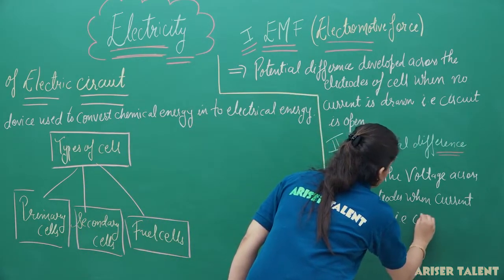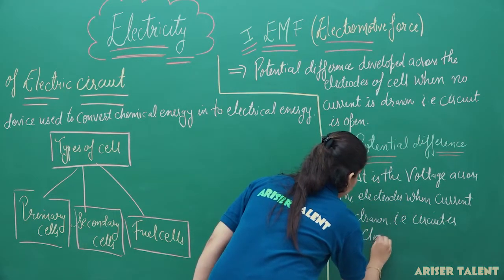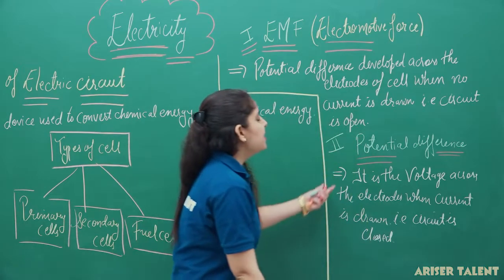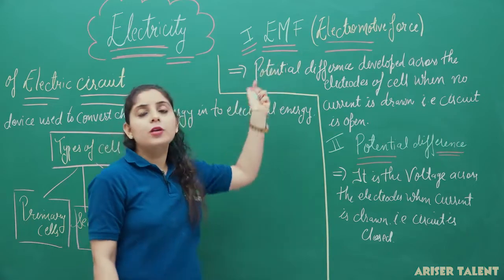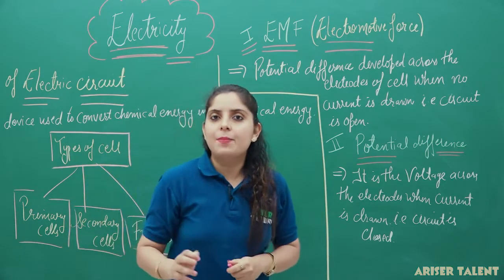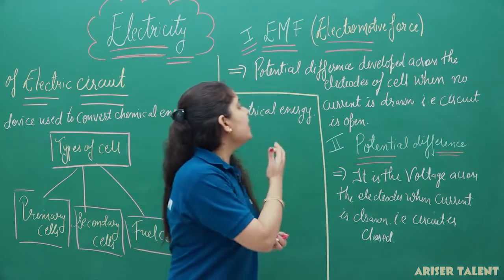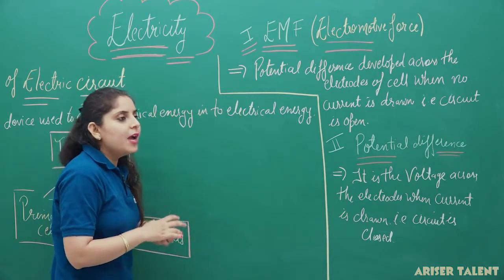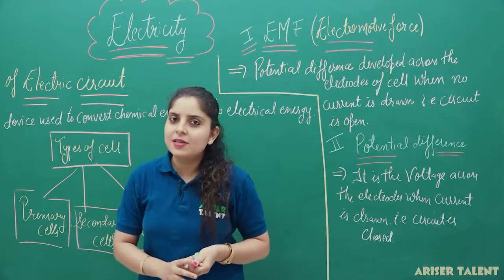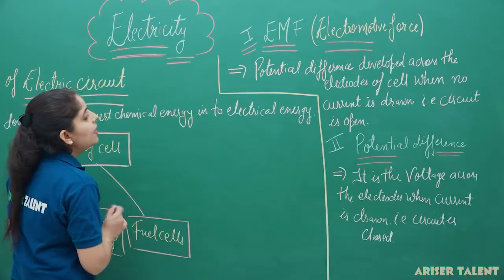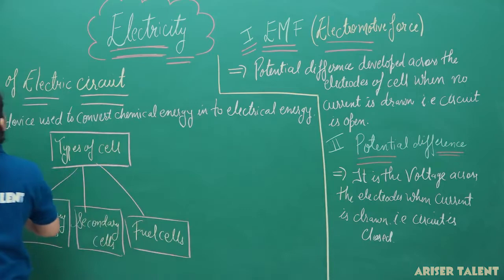That is, the circuit is closed. So, this is the very common term we had already discussed in this chapter, but this is the new term that we are discussing today, that is about the EMF of the cell, and it is again a very important term. Now, after EMF and the potential difference, we are going to discuss our new term, that is internal resistance of the cell. So, now the third category will be, as I am writing it here,